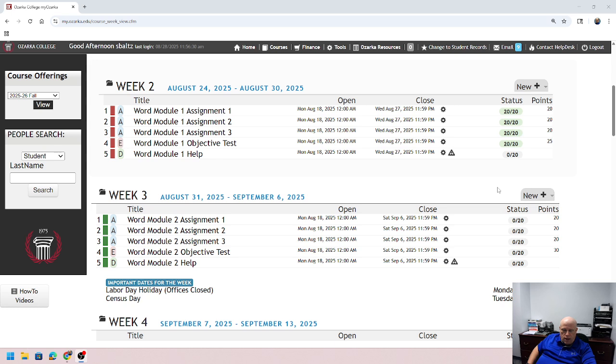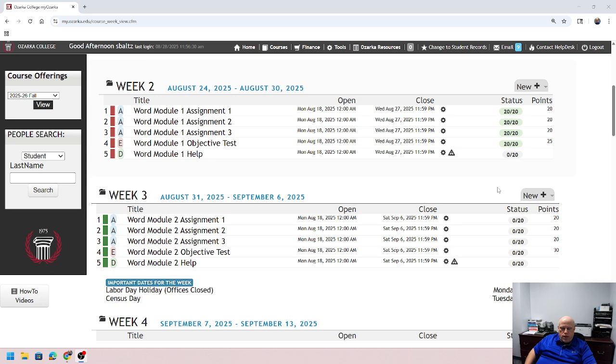The Module 1 objective test, most of you did well on that, but most of you only took it one time. Just as a reminder, you don't have to take it more than once, but you can. If you're not happy with your grade on the first attempt, you can take it a second time, third time, however many times you want up until the due date, and your highest grade is automatically recorded. So just keep that in mind for future tests.